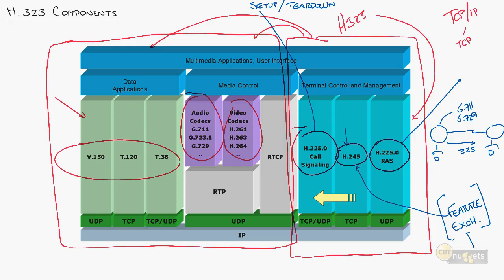If you have a Windows background like I do, every time I see RAS, I think of remote access server, where you would set up a Windows server to take modem calls or be a VPN server or something like that. Well, H.225 kind of steals that acronym away. Actually, Windows probably stole it from H.225. It really stands for registration, admission, and status. Registration, admission, and status. And there is one key piece I want to add to what would use this protocol, and that is something abbreviated GK, gatekeeper. So as H.323 grows and grows and grows,